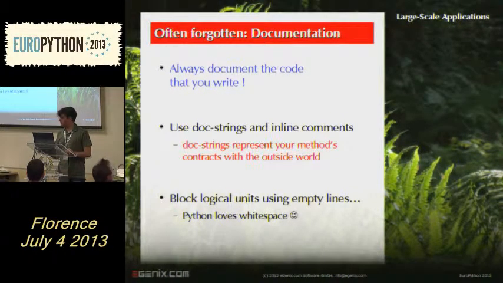Right, documentation, very important. I know many developers that love to write code but don't write any documentation to go with it. And with documentation I don't only mean a doc string that says, okay, you have XYZ method and then you say, okay, this method implements XYZ. That's not really very helpful. The documentation should really be understandable for any new developer looking at the code. It's basically the kind of contract that method has with the outside world.